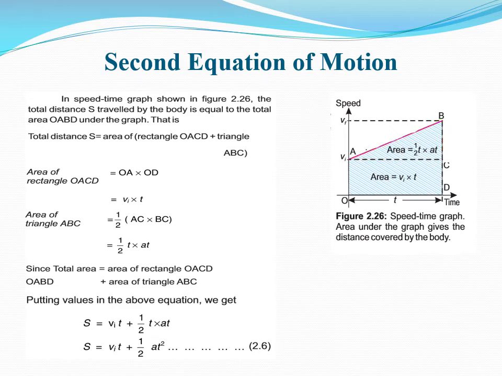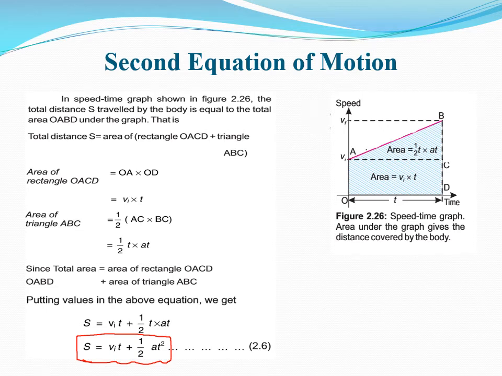So dear students, summing ViT plus 1/2 T times 80, you simply get ViT plus 1/2 80 T square. This is the distance obtained by this speed time graph, the area under the speed time graph, and it equals the distance covered by a body. It comes to S equals ViT plus half 80 square, and this is termed as the second